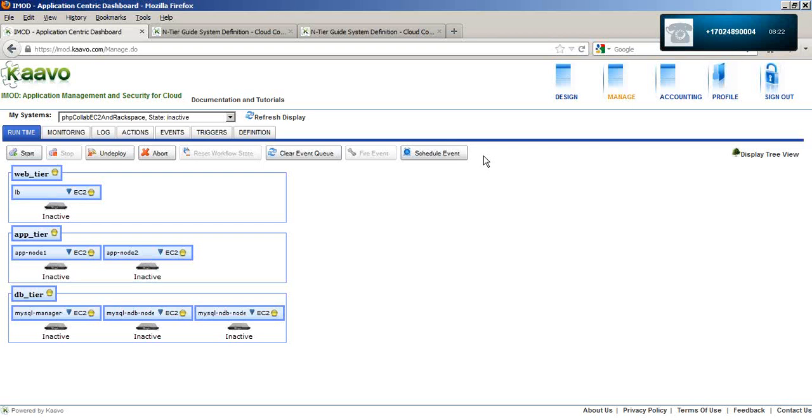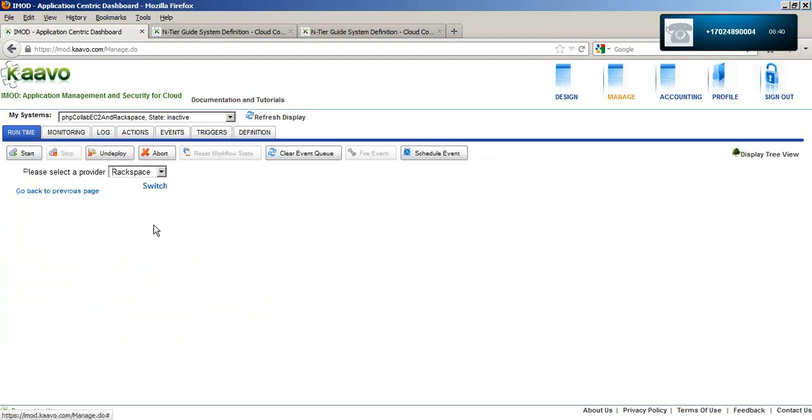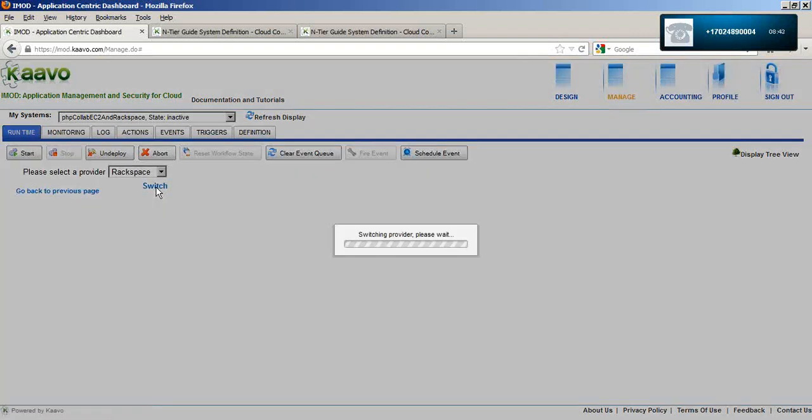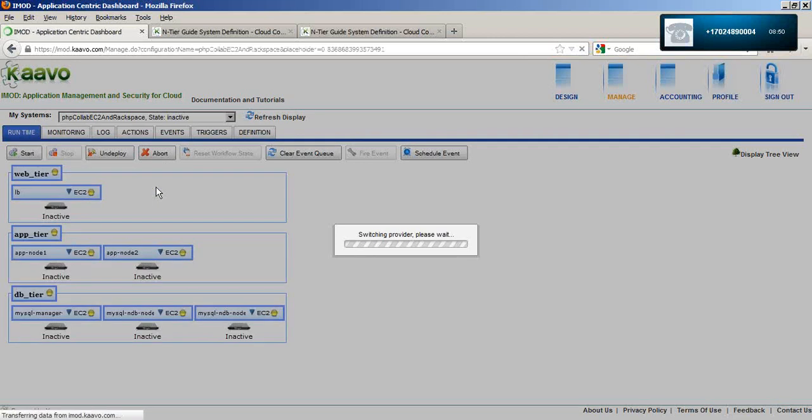This system has EC2 as an active provider for all roles and Rackspace as an inactive provider. Both EC2 and Rackspace are fully configured in the system, so I can switch provider to Rackspace. However, if Rackspace was unconfigured, then the switch would not be allowed.